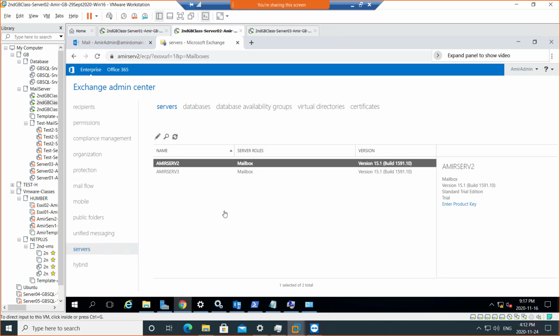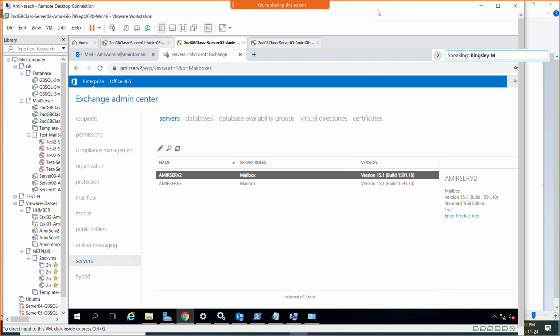So this means that the Exchange server is detected. So this is our first screenshot, that 2 Exchange servers are detected. Are we taking your screenshot? Yes. Okay. Please take that screenshot now, that 2 Exchange servers detected in Exchange Admin Center. The title will be "2 Exchange servers detected in Exchange Admin Center". So please take a screenshot here. I'll take a screenshot now,